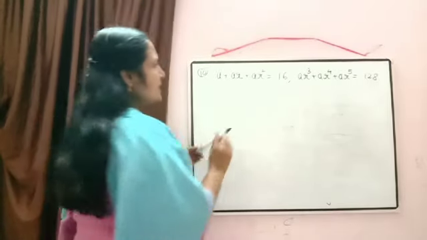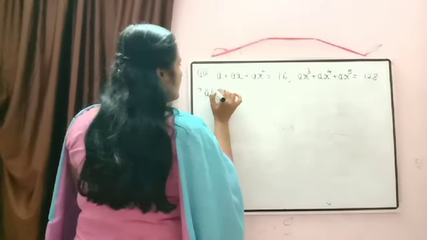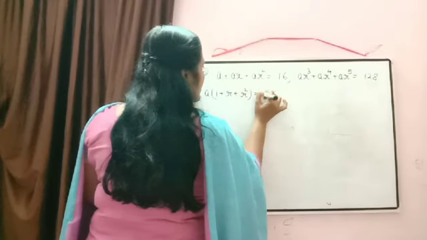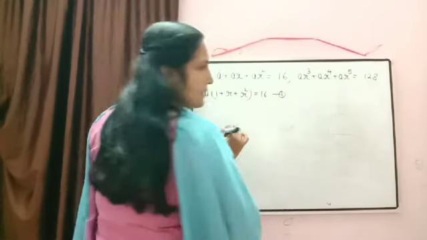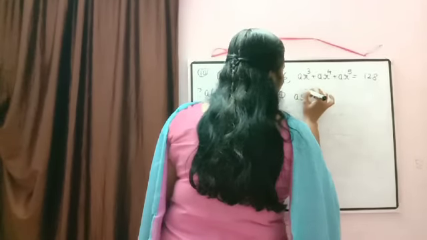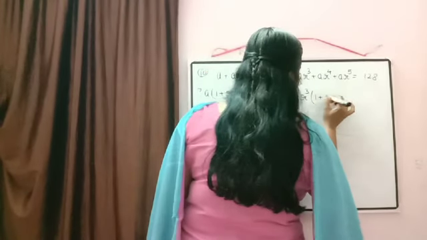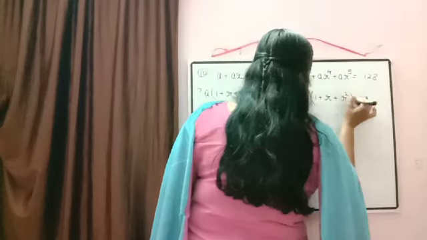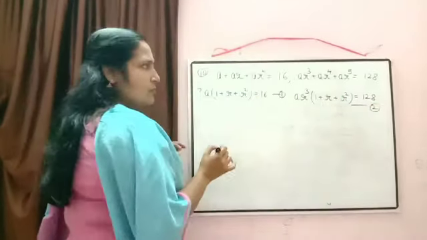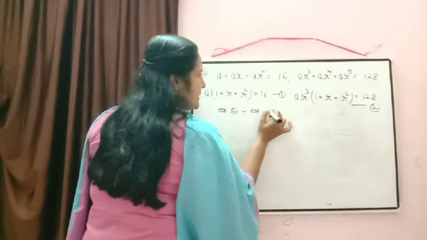So now just to check anything common here. Yes, A is common. Take it outside. Inside the bracket what will remain? A(1 + R + R²) = 16. Make it equation number 1. Now here what is the common factor? AR³ common in all. Inside the bracket what will remain? 1 + R + R² is equal to 128. Equation 2. Again what will we do? Yes, equation 2 divided by equation 1.